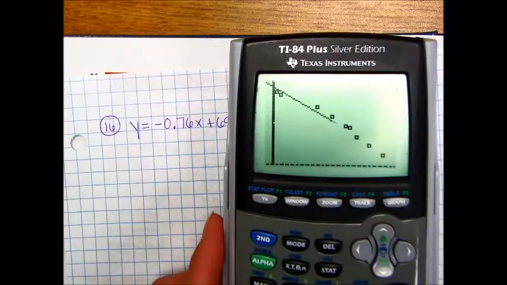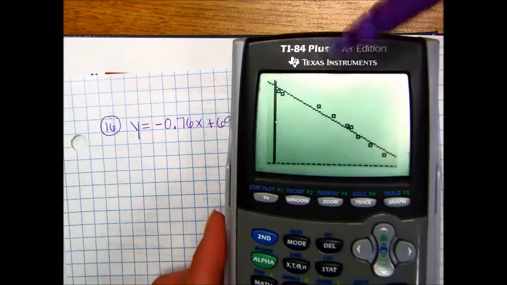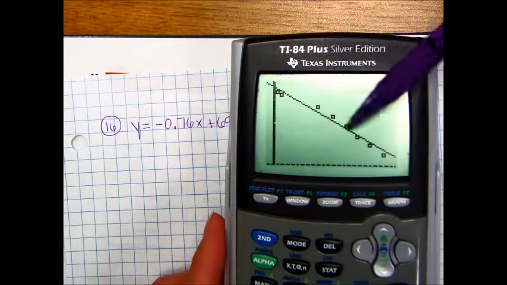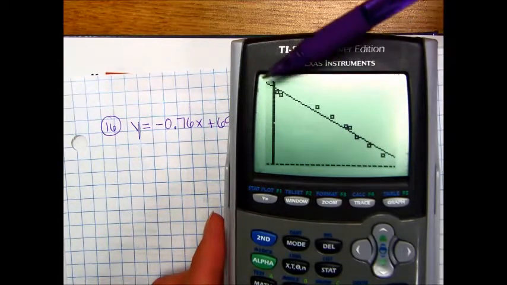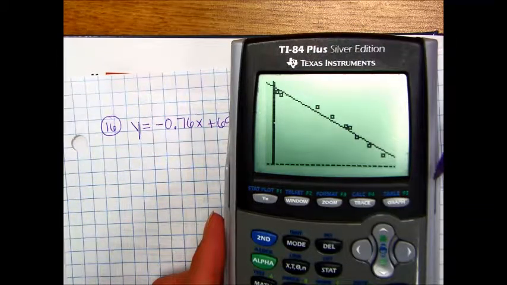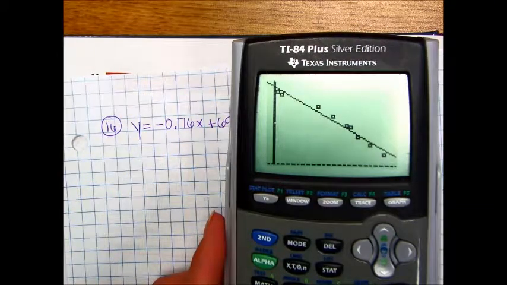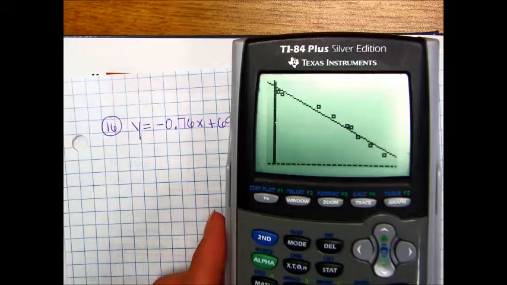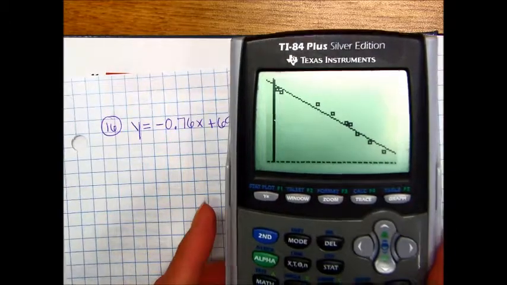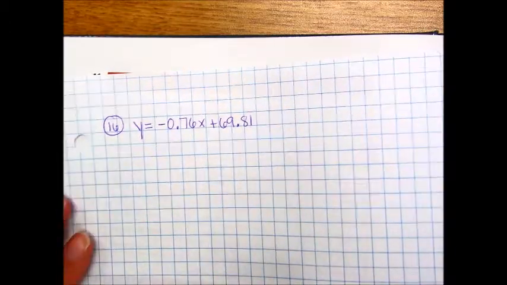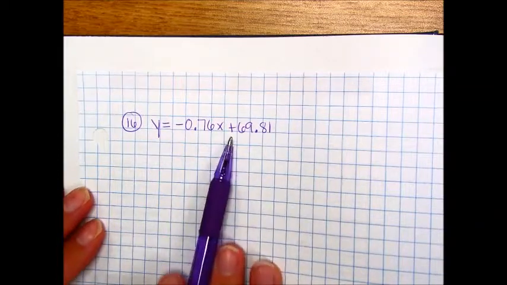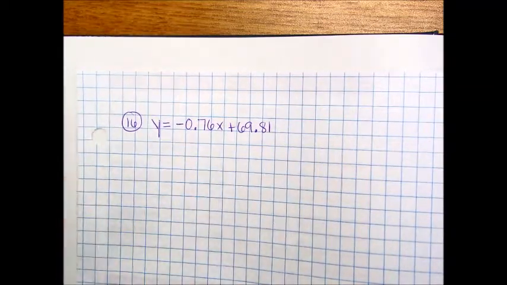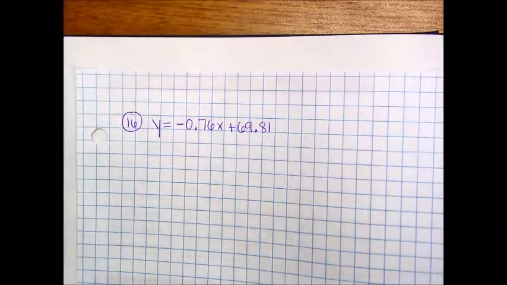And your scatter plot's still there, and there is the line of best fit, the best line. And see, the calculator has the ability to put it through the middle of the dots and get it the best in the middle as possible. We couldn't do that by hand because we had to have at least 2 points to write our equation. So I'm going to put the calculator aside. This is the first part of your answer for 16